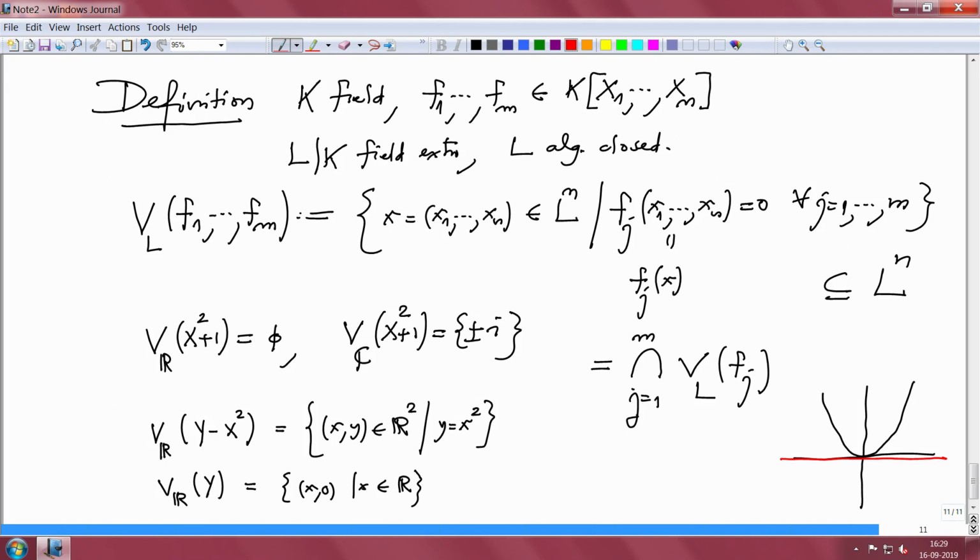If I would have taken another line parallel to the x axis, then it would be this. I should have used a different color. So, what is the common zero of the first two? These two meet only at this point. And for these two, if I use the blue color, what will be the common zeros? It is this and it is this. There are two now, and here it is only one.